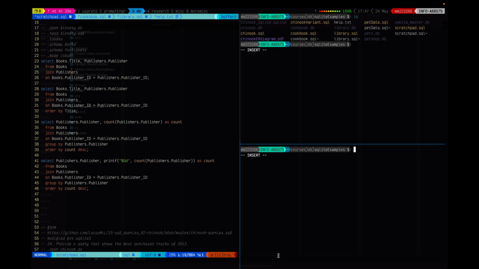I've got quite a lot of things going on here that help me because I work at the command line every day. What I have mainly here are three window panes. On the left is a pane in an editor, a text editor called Vim, and I'm looking at a file called scratchpad.sql. And then on the right side, I have two smaller panes, both of which are in the SQLite examples